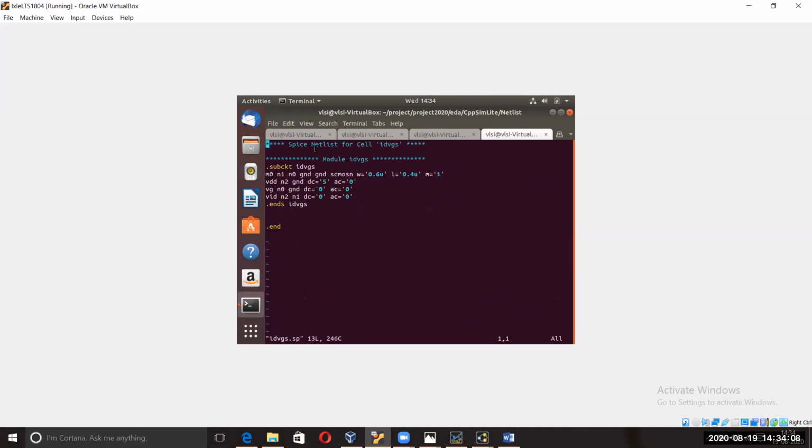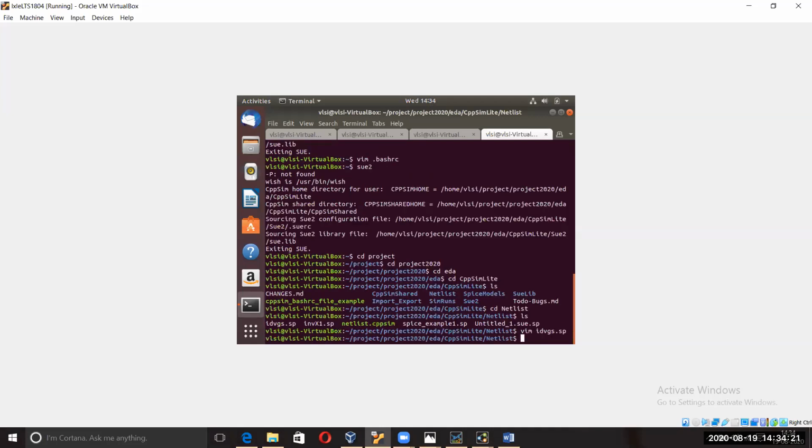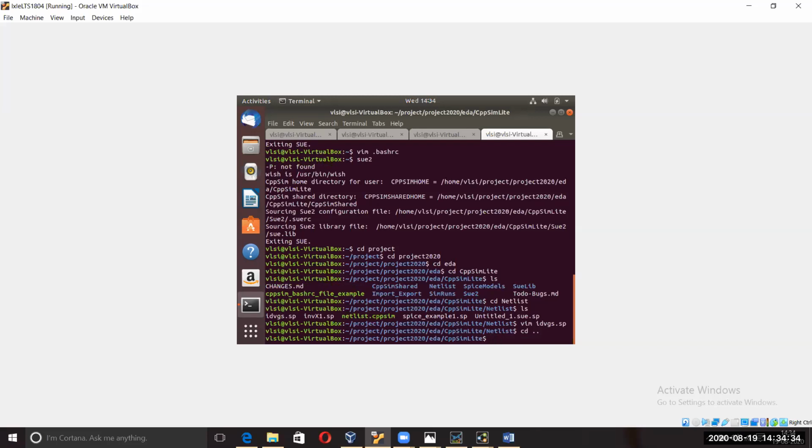Before, we were writing this whole netlist. Now we have it here. So then just go out of this one. While running, you have to have the netlist and the HSPC together, like the Simran files together. There is also a way to find the Simran files. Just go out of this directory and do ls.